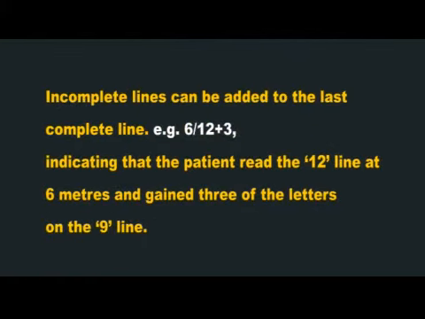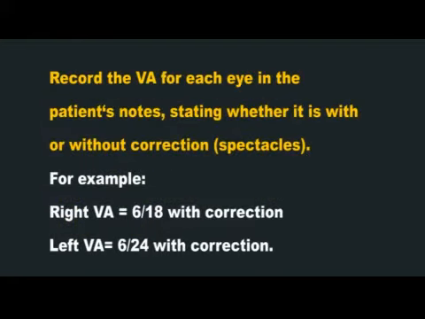Incomplete lines can be added to the last complete line. For example, 6 by 12 plus 3, indicating that the patient read the 12 line at 6 meters and gained 3 of the letters on the 9 line. Record the visual acuity for each eye in the patient's notes, stating whether it is with or without correction, that is spectacles. For example, right visual acuity is 6 by 18 with correction, left visual acuity is 6 by 24